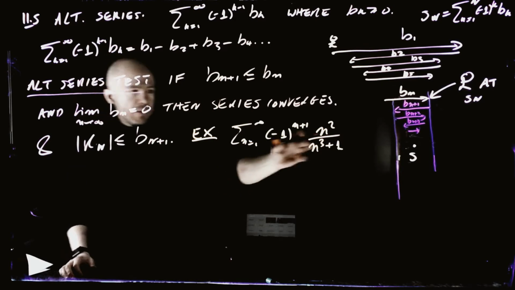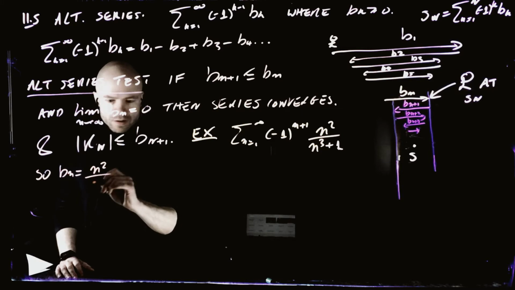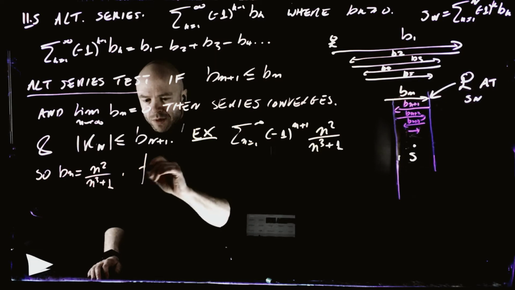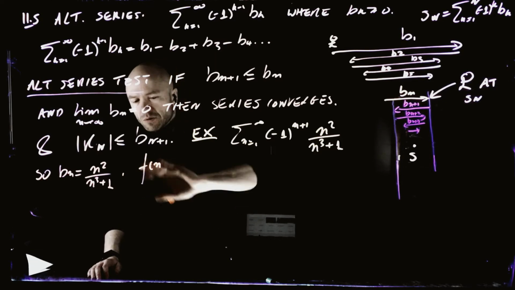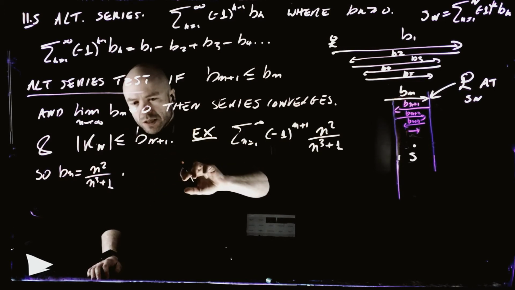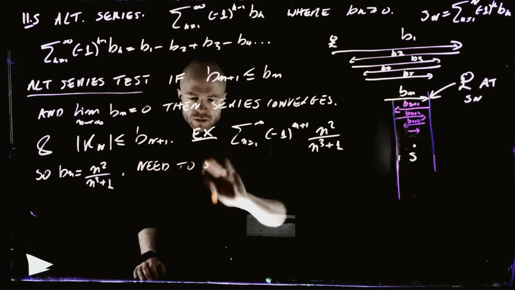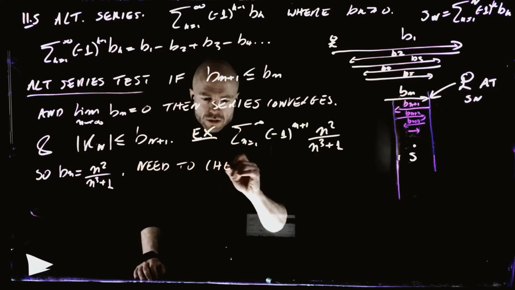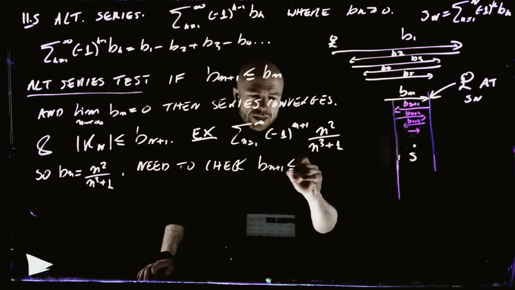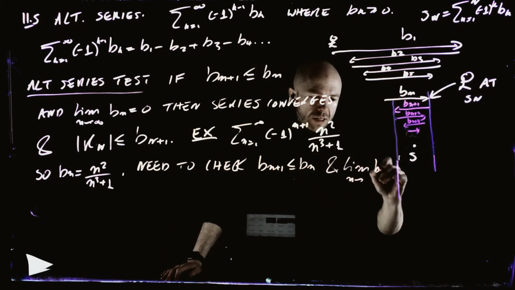We need to check that this thing, so the bn, equals n squared over n to the 3 plus 1. We need to check that it's going to be such that if we recreate it, start again, we need to check that it's a monotonically decreasing sequence that goes to 0. So need to check that bn plus 1 is less than bn, it's decreasing, and the limit as n goes to infinity, bn equals